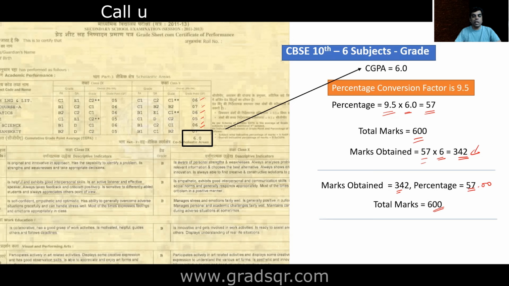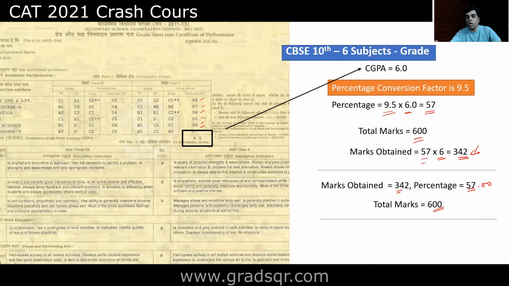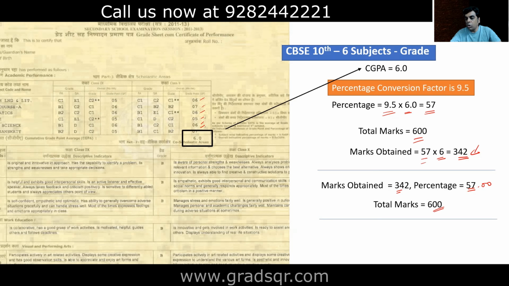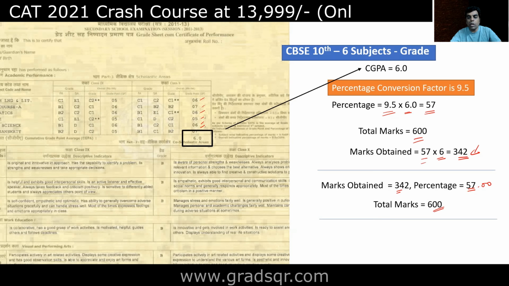I hope this is very clear to all of you. You have to include all the subjects. Now, let's say there are some 1 or 2 subjects in your mark list which do not have any grade or any marks. Those you are not going to include at all in your total calculation. But if you have the subject and the grade coming here, these are the 4 kinds of cases that you will see, and in all these 4 cases, this is how you will work towards it.